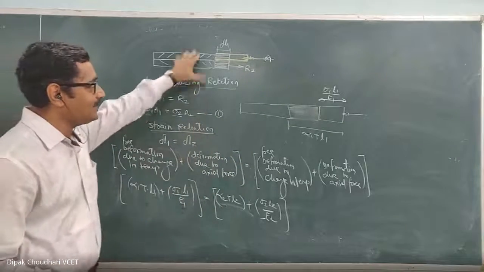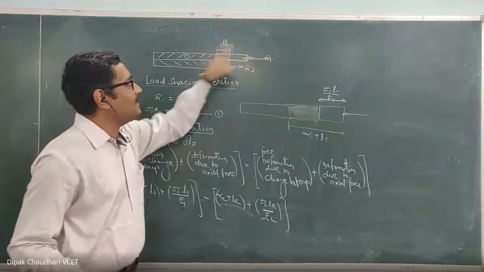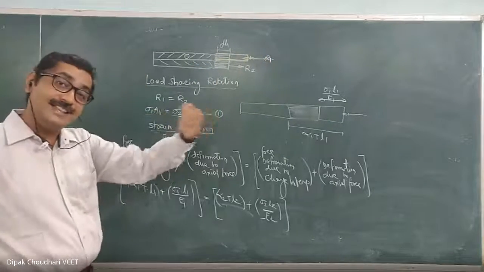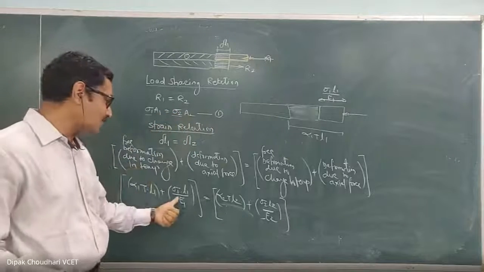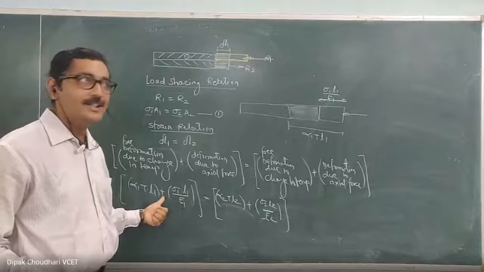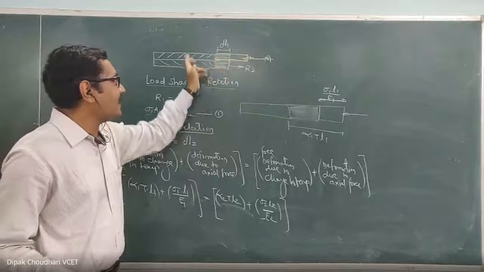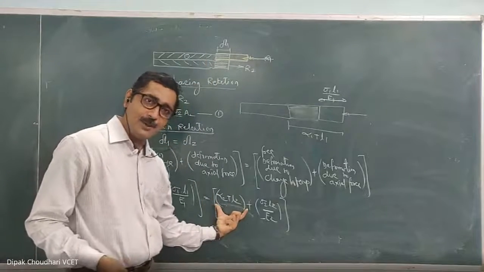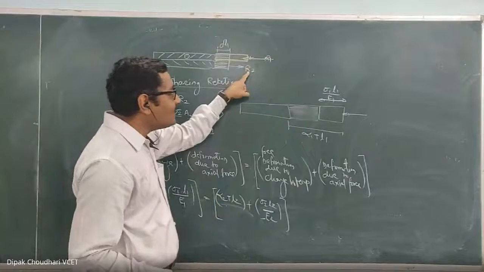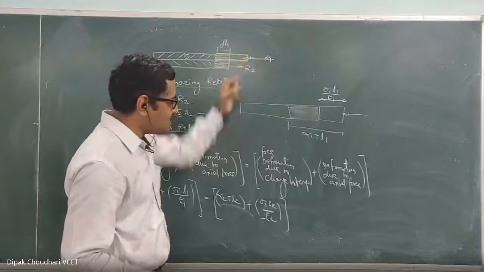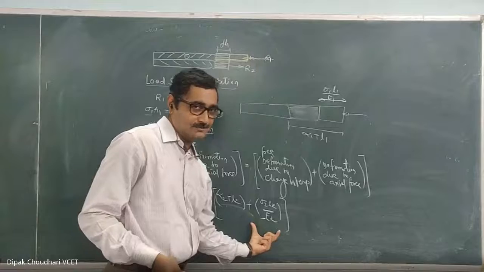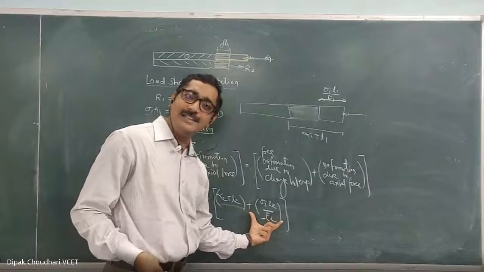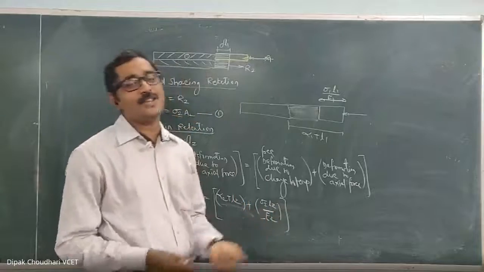Now, for example, in this case the first member is in compression. In compression its length will decrease, so you have to take this component negative. Whereas in the second case, there is a rise in temperature for the second material, so this will be positive. And because of this reactive force, which is tensile in nature, this will also be positive. Since this axial force is tensile in nature, this will also be an increase in length, so you have to take this positive.